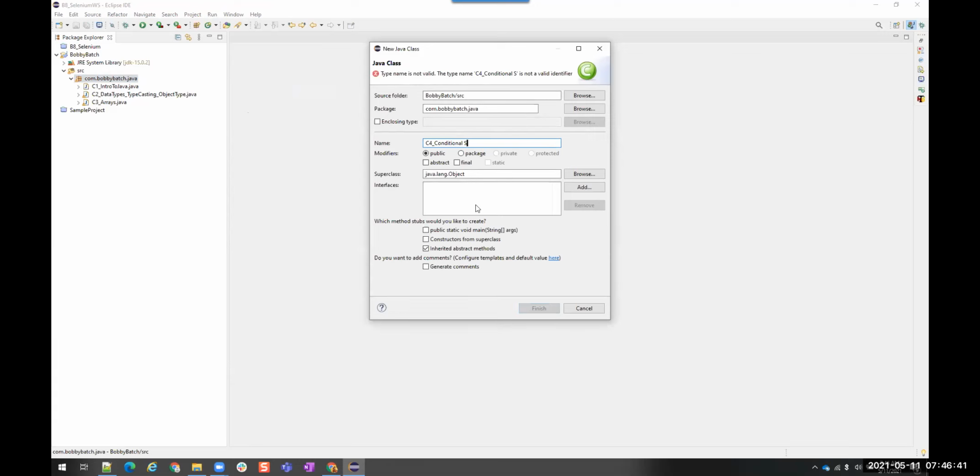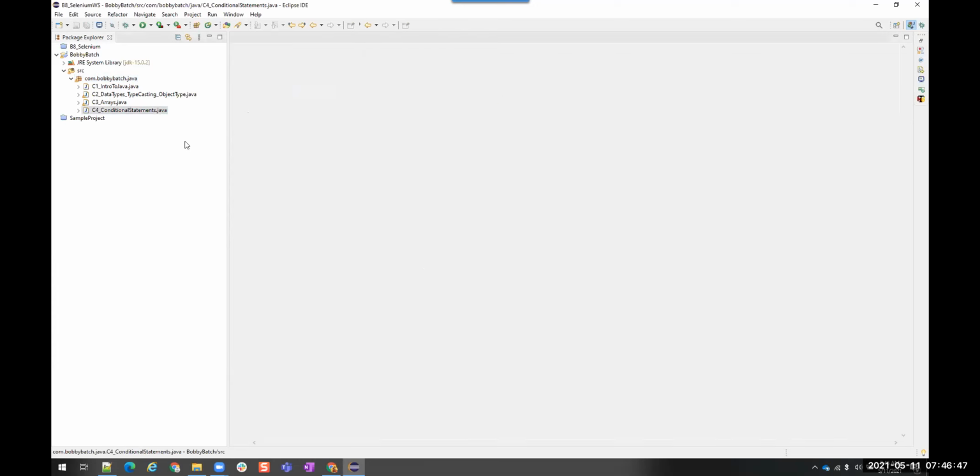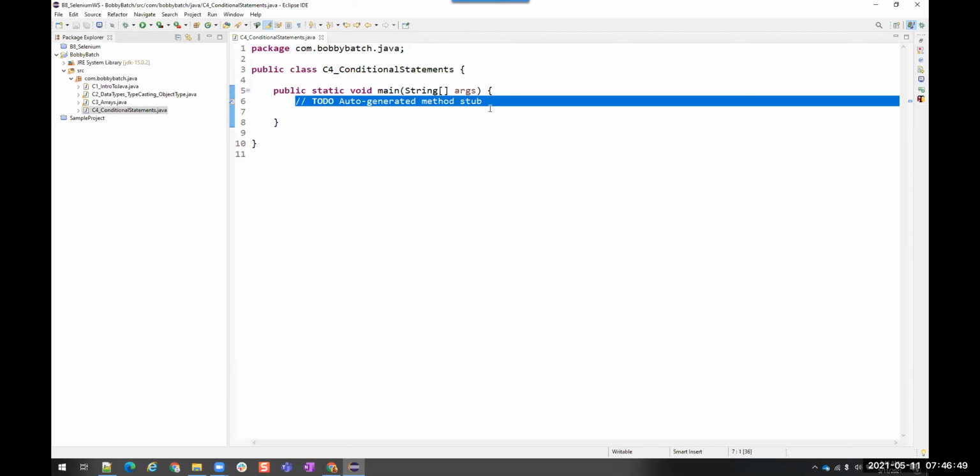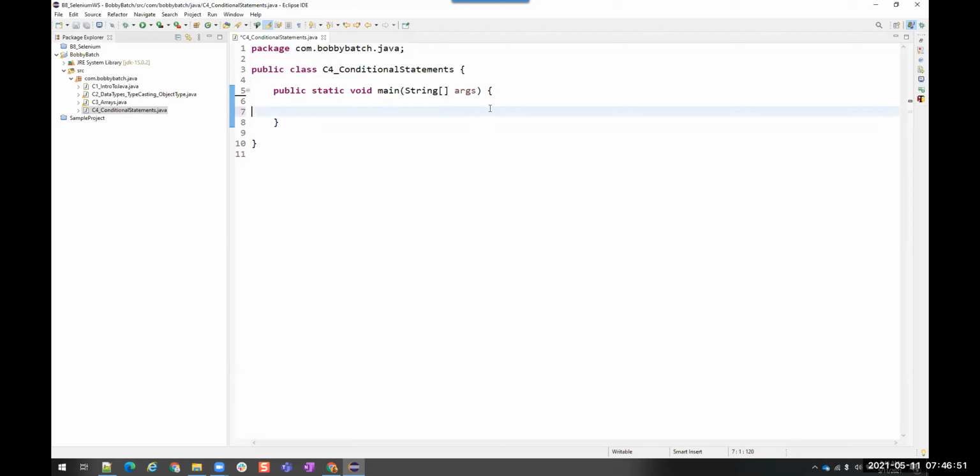Conditional statements. So here the conditional statements that we have is if else. So in Java, we can create conditions and use them. So why do we need these conditional statements?